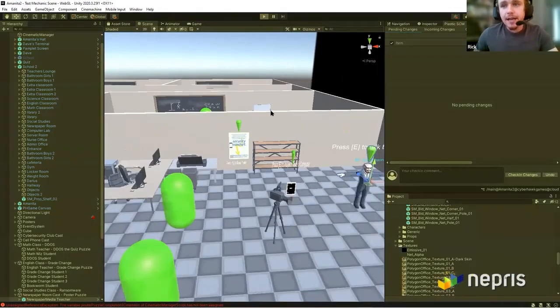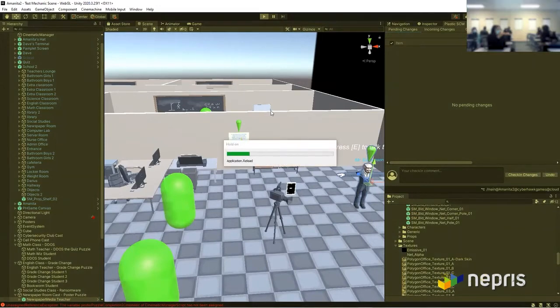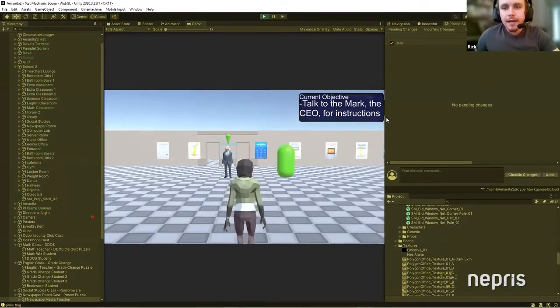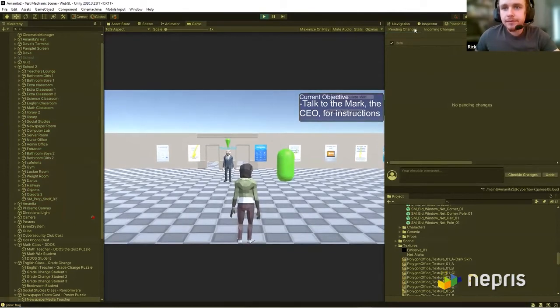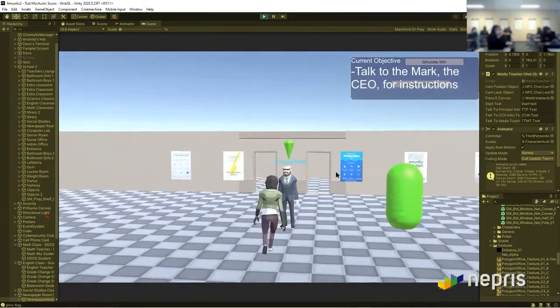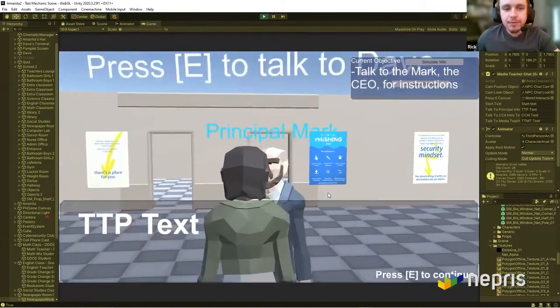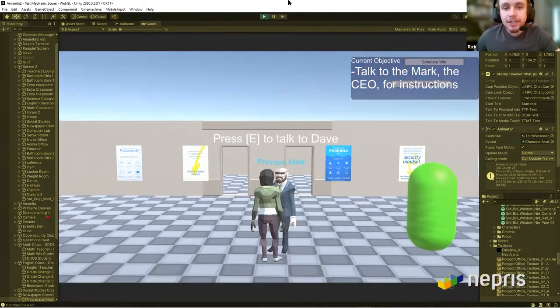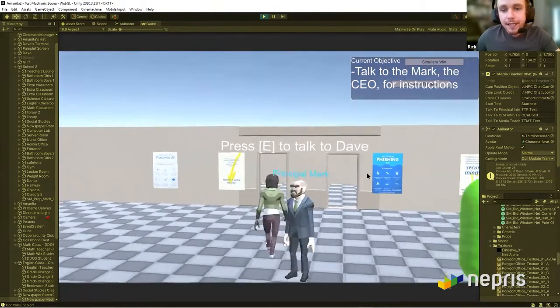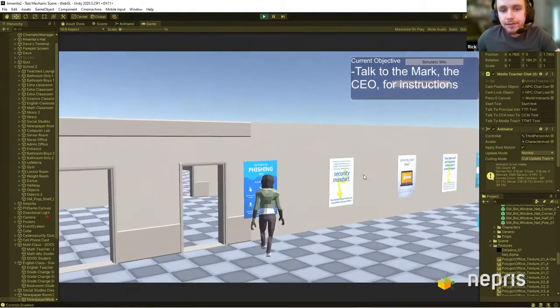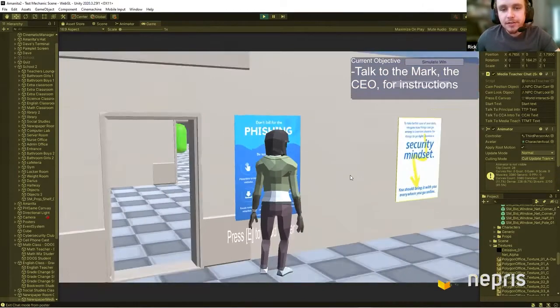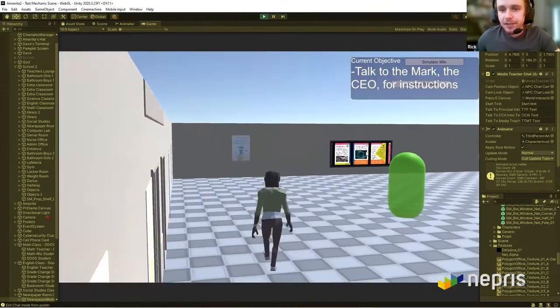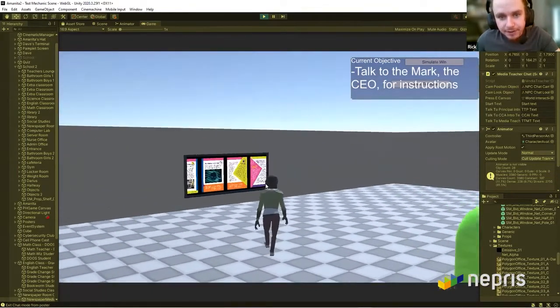So as far as we've developed so far, you have a lot of mechanics from the old game. And what you can do is you can walk up and you can chat with the principal. This is some placeholder text. We will be able to change it out. And then you can go up, you can look at the posters. You can see various things such as the cybersecurity pamphlet.